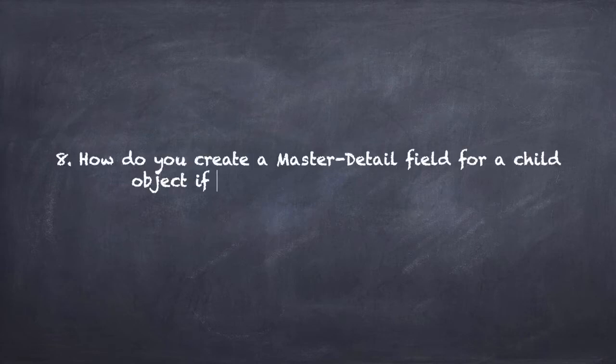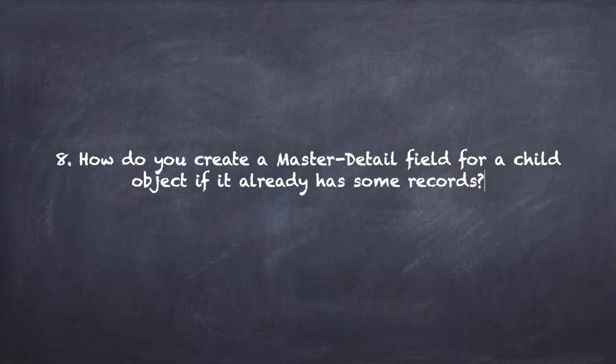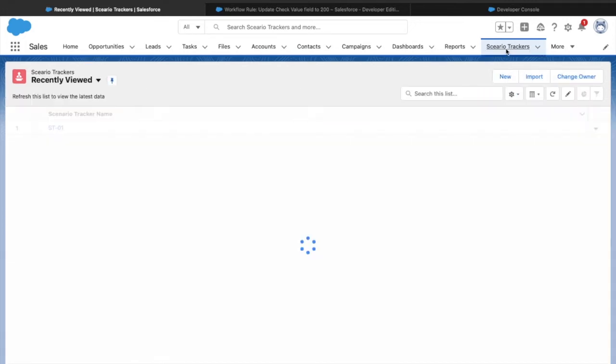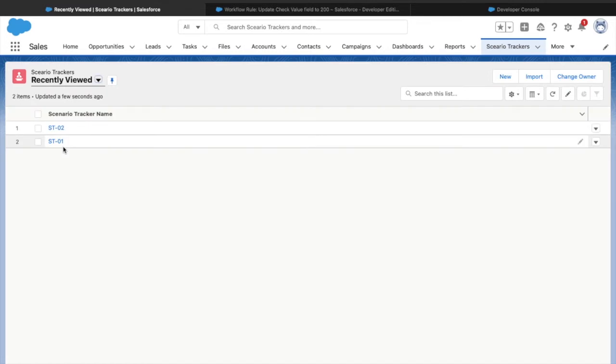So question number 8, how do you create a master detail field for an object which is a child if it already has some records? Alright, so the next question talks about how do we create a master detail relationship field for an object that already has some records, right? So let's take the same example, scenario trackers, to check how is it possible or what needs to be done. So let's go to setup